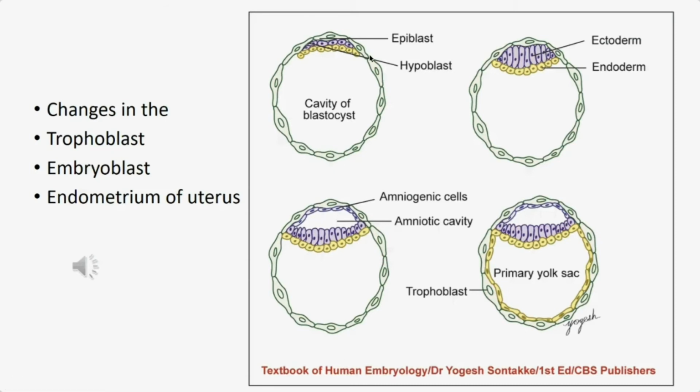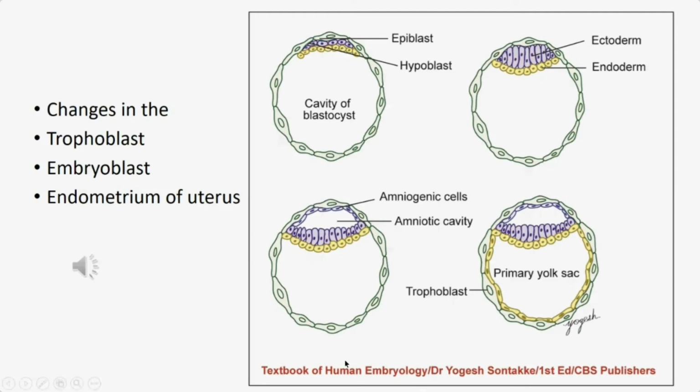So we mostly use the word endoderm. So the cells towards the blastocyst cavity are the endoderm. Now the cells lying towards the trophoblast, above the endoderm, also change their shape. They become columnar and are known as the ectoderm. So the cells of the inner cell mass towards the blastocystic cavity form the endoderm, and above the endoderm they form the ectoderm.